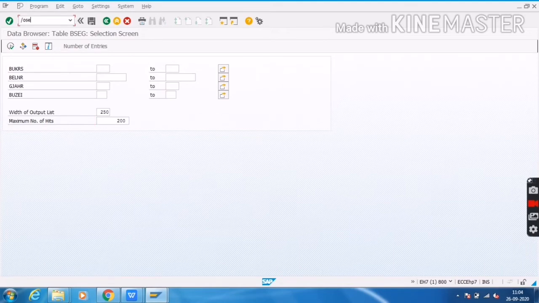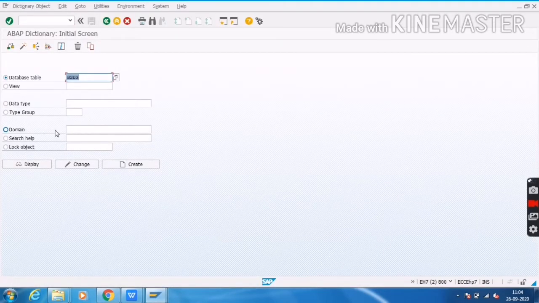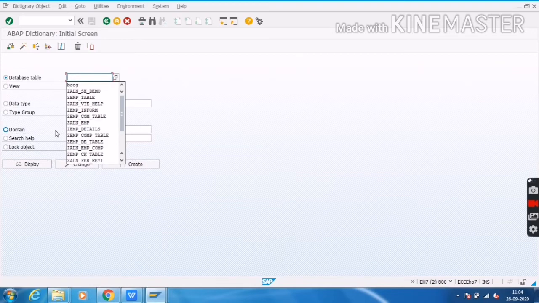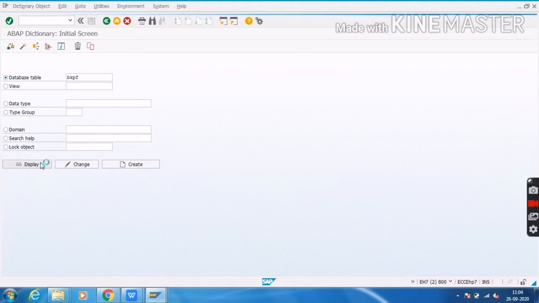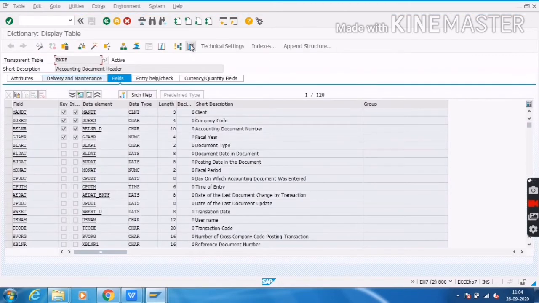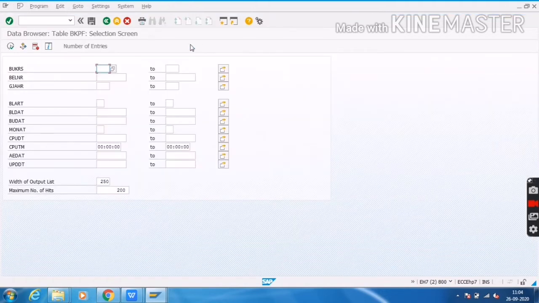Let me go to another standard table, that is BKPF. I will click on contents. See, the Booker's field has a search help, the BLART field has a search help, and the date field has a search help.